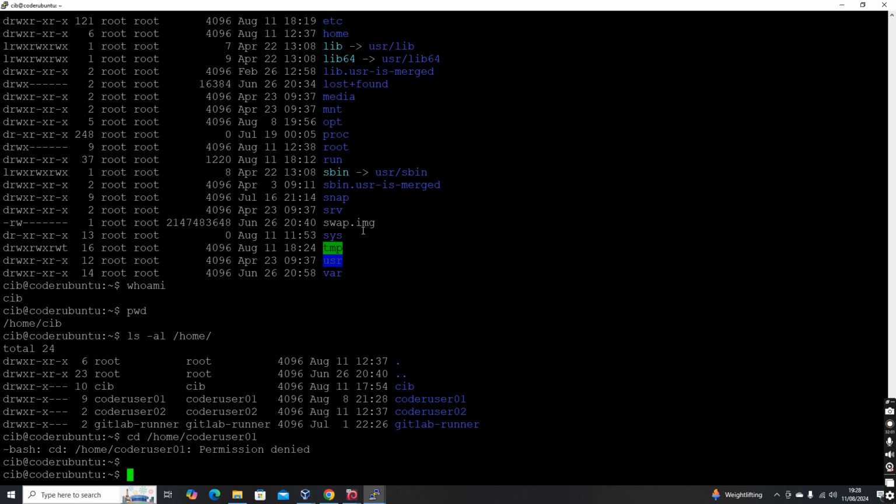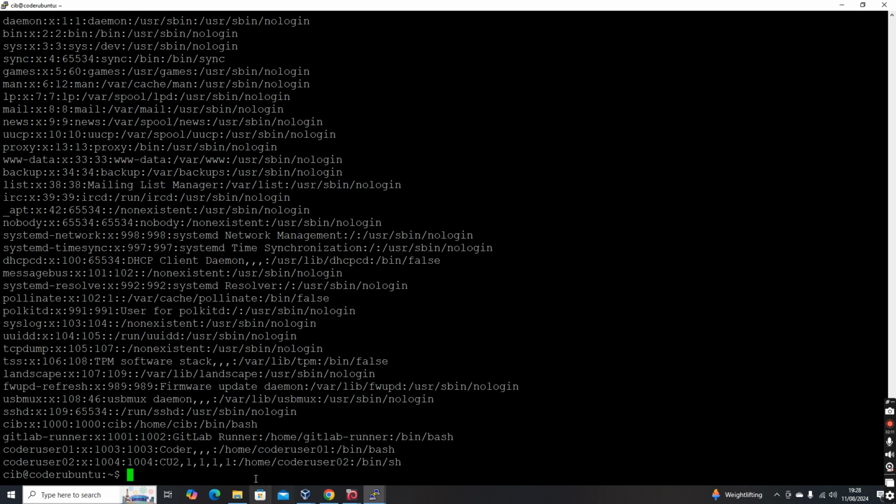As we have seen in the past, cat is a command to print or read the contents of a file. So cat /etc/passwd. Here, if you see, by default the home directory is here, right? Every user home directory is /home/username. But this is again a configuration. While creating a user, we can configure the user home directory to be a different directory, so depending upon your requirement, you can change the home directory.